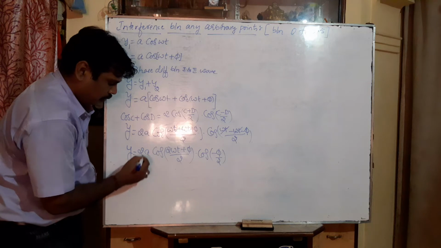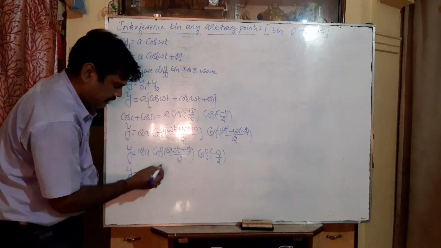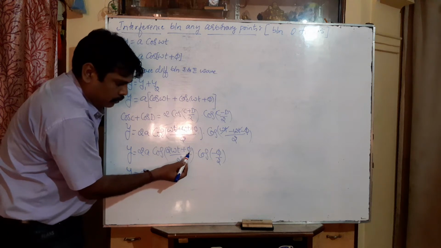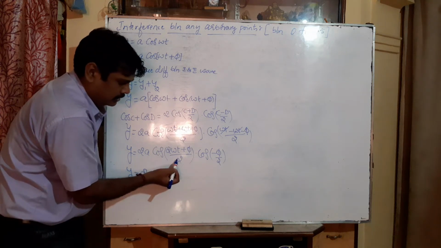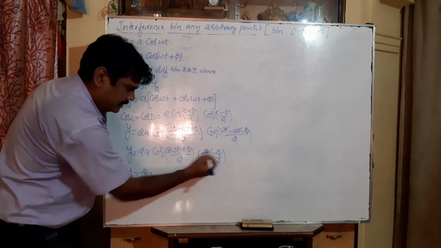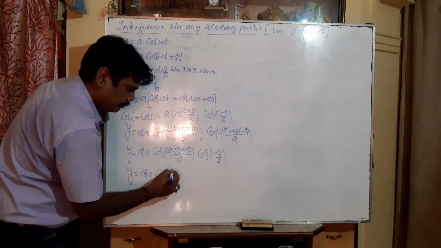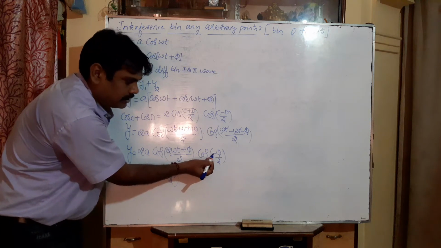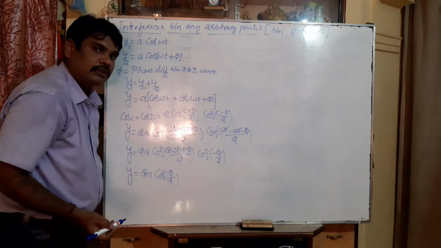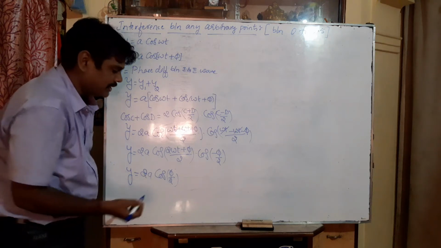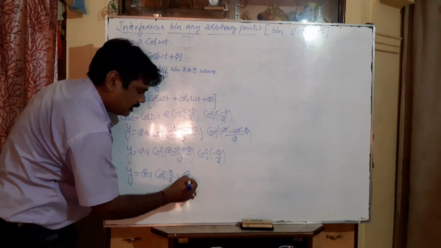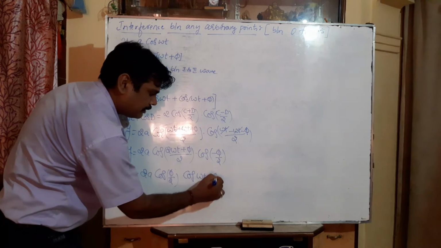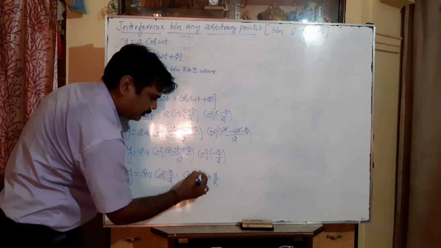Y is equal to 2a. You write 2a as it is. These 2 get cancelled. So this 2 will apply only for phi by 2, because here the 2 gets cancelled. Now in the next step, I write the first term as cos phi by 2 simply. I already told why I eliminated the minus inside this cos function, because cos of minus theta can be written as simply cos theta. Second term reduced as cos of, the 2 getting cancelled, omega t plus phi by 2.